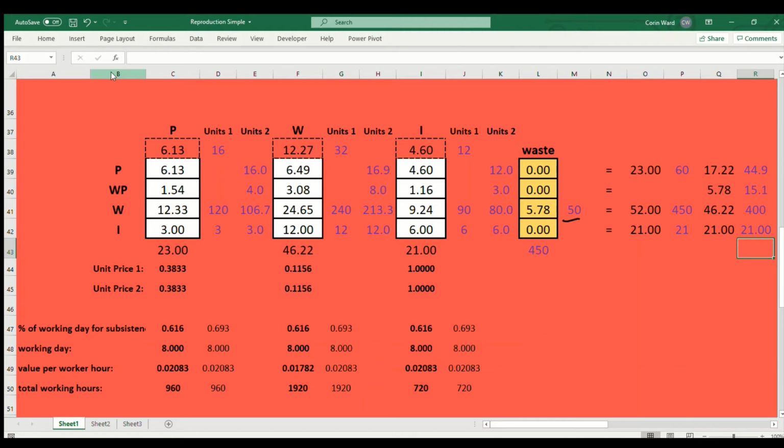Put these up here so you can see the original profit again. So this has now gone down, because it's only selling 46.22 worth of wheat instead of 52. And you can see here, these are the pigs that the workers are going to buy. So they're going to be buying this £5.78 worth of pigs instead of the £5.78 worth of wheat that they